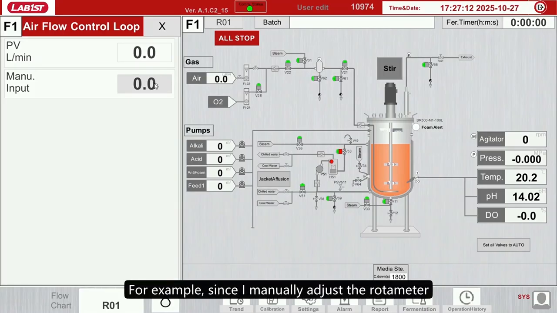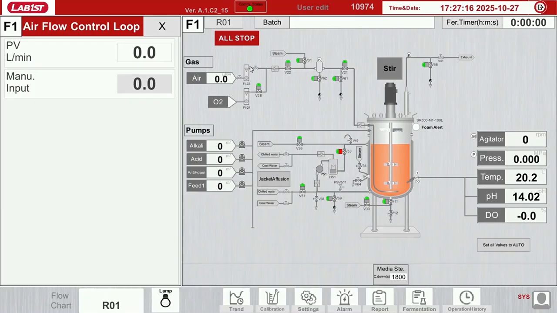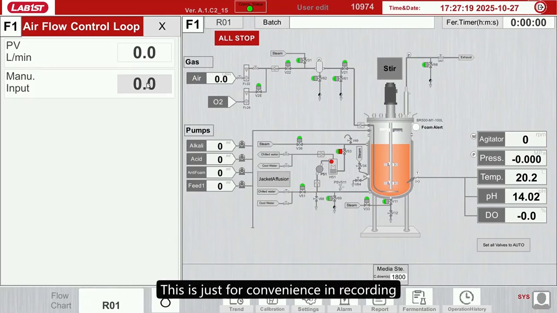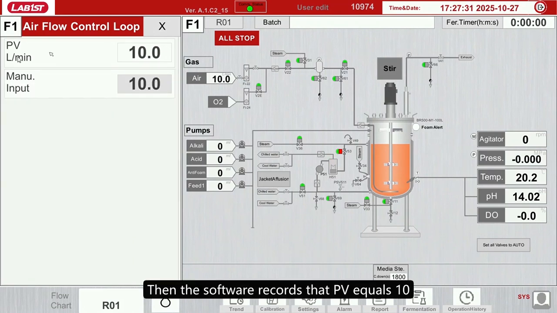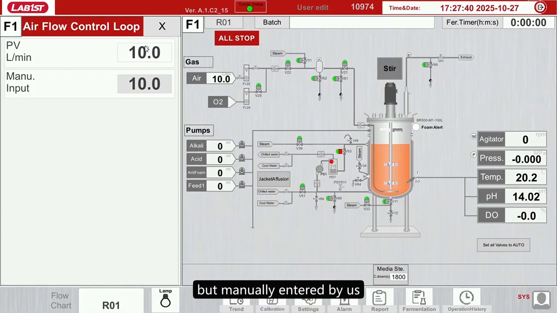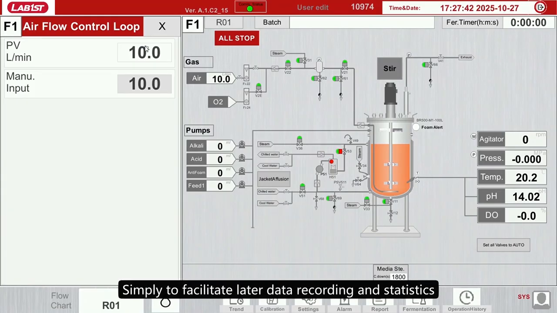For example, since I manually adjust the rotometer, this is just for convenience in recording. For example, I manually adjust it to 10 liters per minute. After adjustment, I can enter 10 here. Then the software records that PV equals 10. Of course, this value is actually unreal. It is not automatically recorded by the system, but manually entered by us, simply to facilitate later data recording and